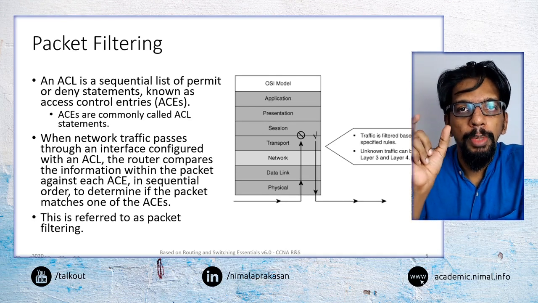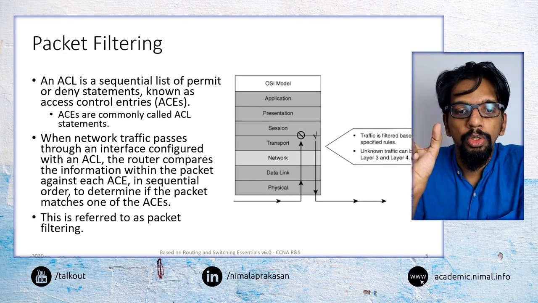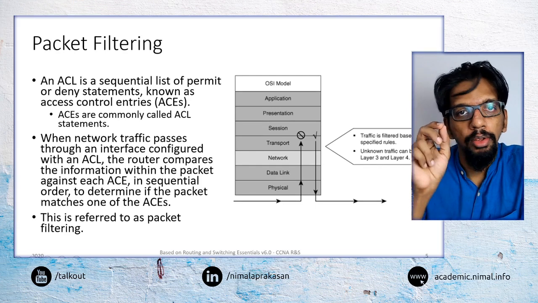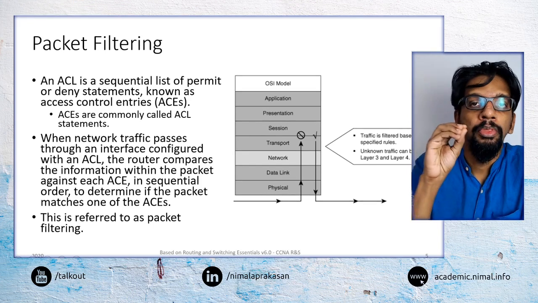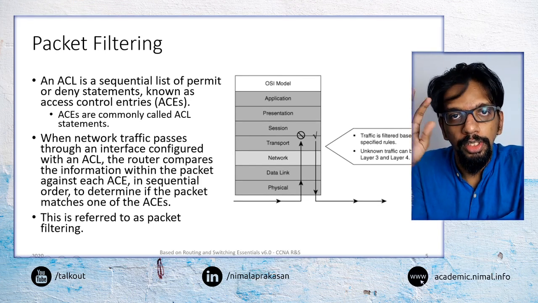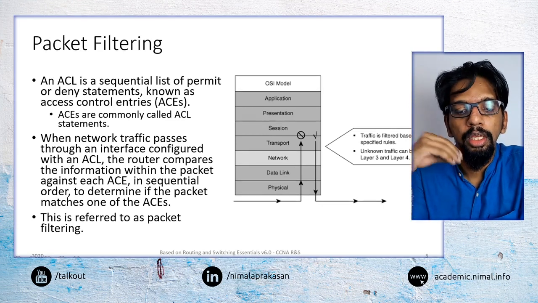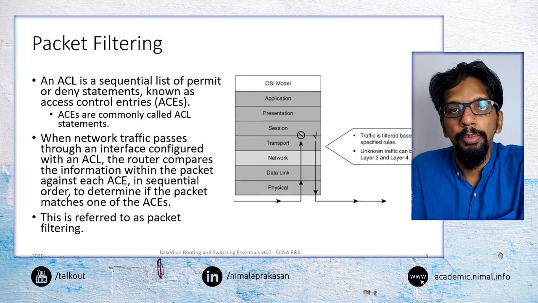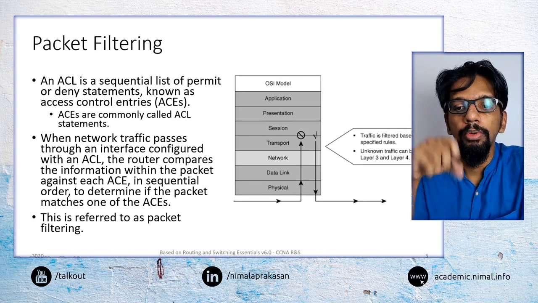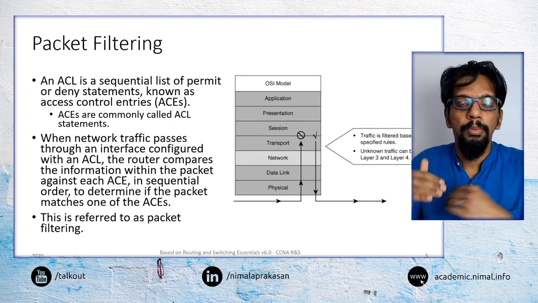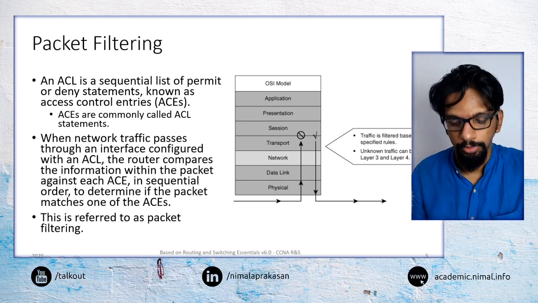So with ACL, what we basically do is a type of packet filtering. We have these ACL rules, and based on those rules we will be able to check each packet. We will compare it with the available rules and see if it matches any of the statements in the list of rules. If it matches, we'll make a decision based on that, whether it is a permit or a deny. Normally this type of packet filtering will happen at layer 3 or layer 4 of the OSI model. So that is a basic way of doing packet filtering using these access control list rules.